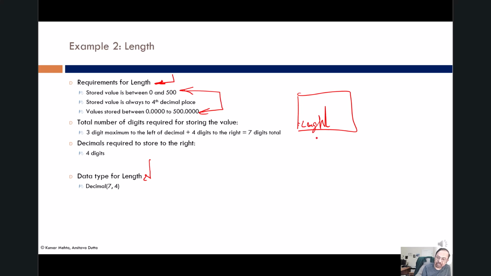And if I specify the data type as decimal 7.4, then what I'm telling the database management system is I will store this attribute as 7 digits, 1, 2, 3, 4, 5, 6, 7, and there will be 4 places after the decimal. So the decimal point will be here. I will store 4 places after the decimal, and there will be 3 places before the decimal point that will be stored. So I hope you're getting a sense of what this data type decimal